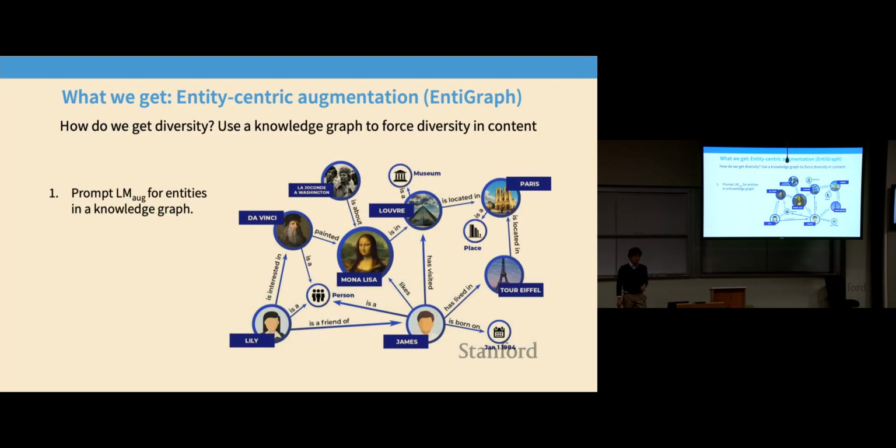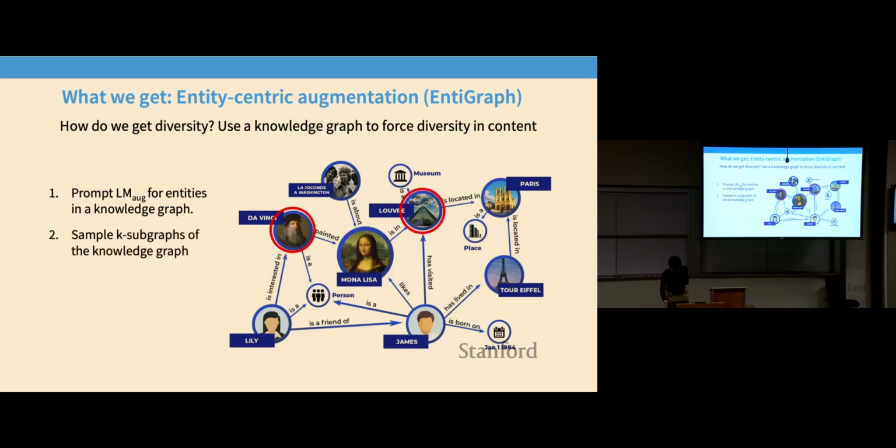And so, I think in a way, what we're going to do is go back to some of the early ways to think about knowledge, right? So in a document, you've got a lot of entities. These entities have relations. And what we would like is for our model to have a good understanding of all of the different relations between the entities. That's the best that we can hope for. So the way that we do this is, we start by prompting the language model to generate all the entities that appear in a book, right? So we come up with a big, long list of entities.